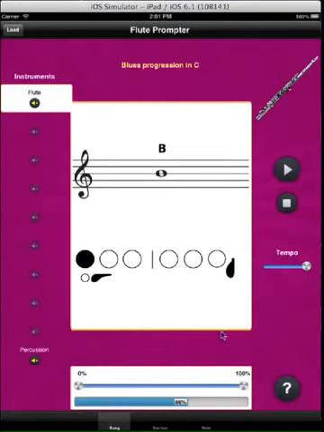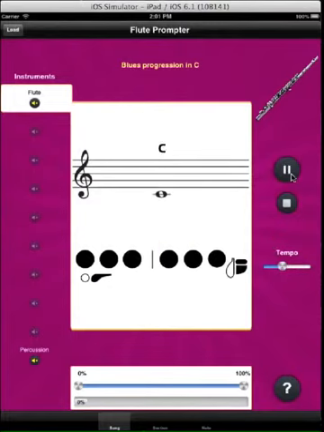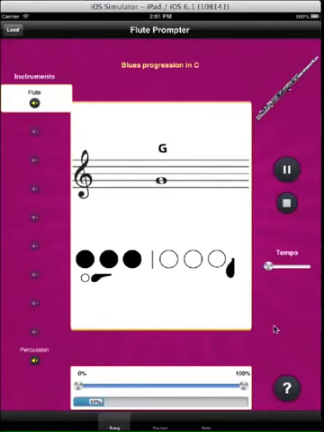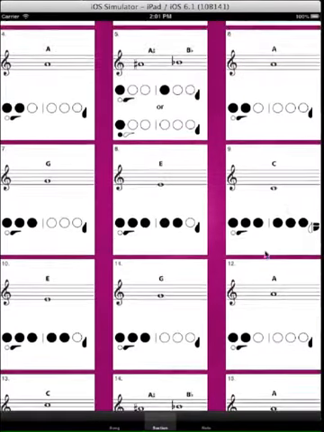When you're first starting, that may be a little bit fast, so you can slow things down. Make it easier. Slow it way down. If you need to, you can see a note fingering and pause it. Continue to the next one. Work on that fingering. If you want to see the overview of the whole song instead of just a single fingering at a time, you can click over to this tab